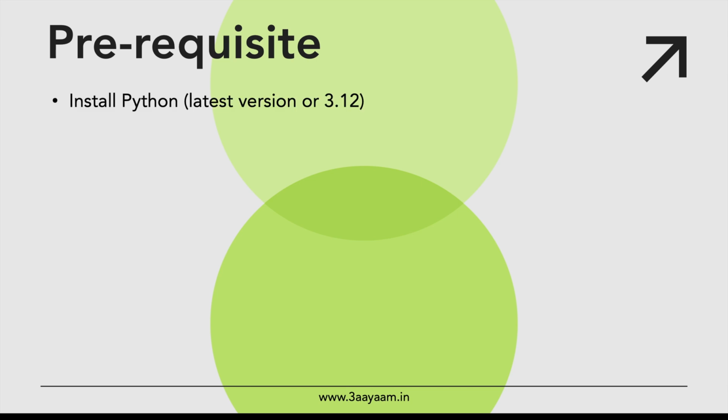There are certain prerequisites. One of them is that you have to install Python. It's better if you install the latest version. As of this recording, the latest version is 3.15, but I'm using 3.12. Then you can install PyCharm Community Edition. Do not install the Professional Edition, because then you'll have to buy the license. The Community Edition will be more than enough for our hands-on. In fact, it will be more than enough for you to do any work on Python in a production environment also.